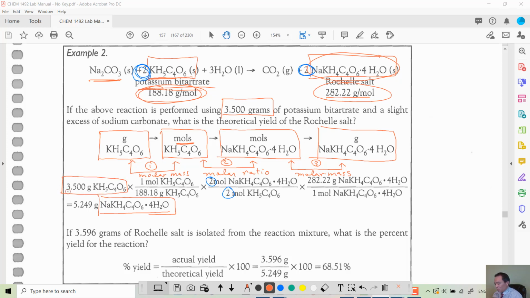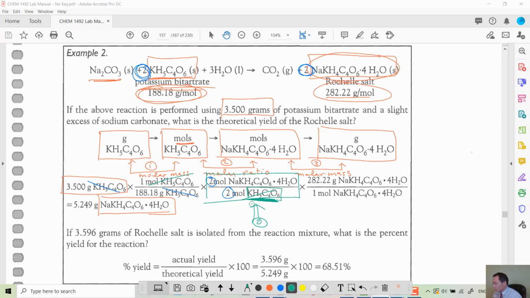For the first step, the molar mass, you need to put it in the position where you can cancel out the grams of starting material, potassium bitartrate. Then the second step, when you set it up, you have the mole relationship. Do make sure the mole of potassium bitartrate can be canceled out. That's why for the second step over here, you have 2 moles of potassium bitartrate at the bottom because